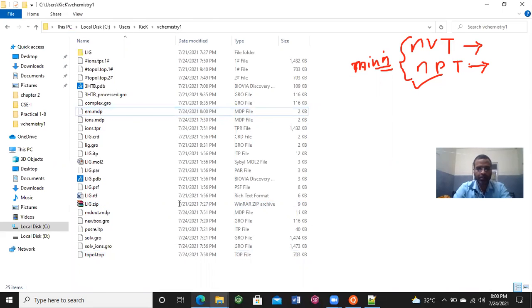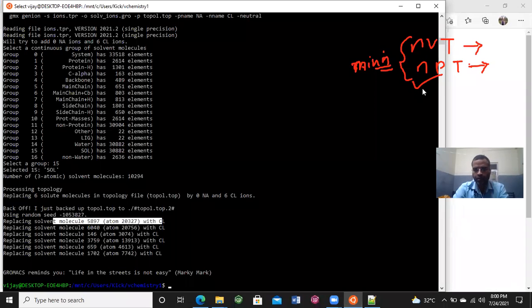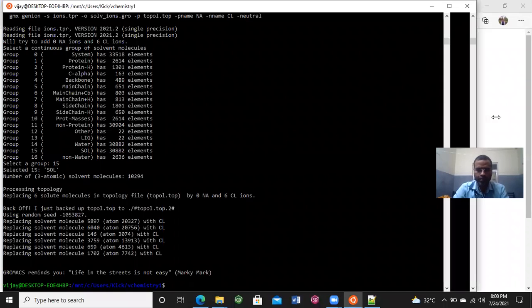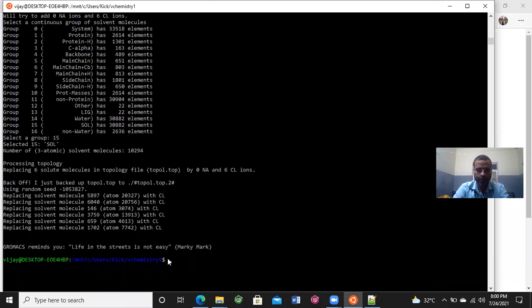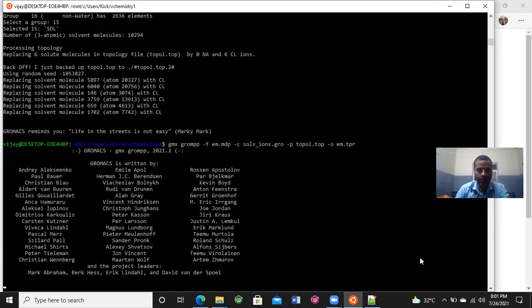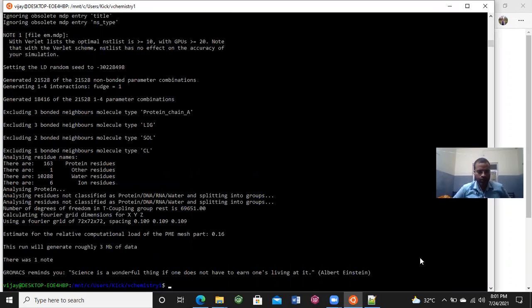Just copy this command from the tutorial website, that is the MX, and go to the Ubuntu. Now paste here, and everything is fine. Just press enter. There is no error, so we can proceed to the next step.